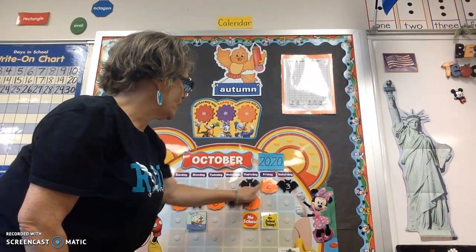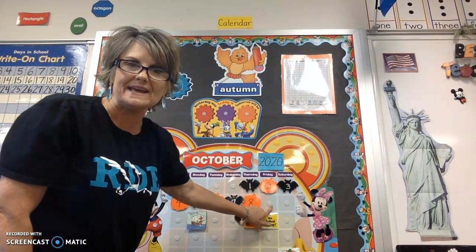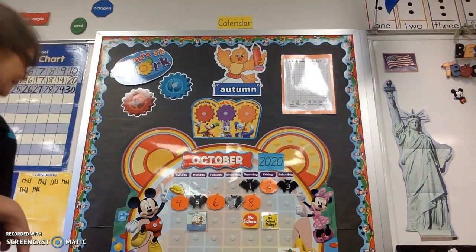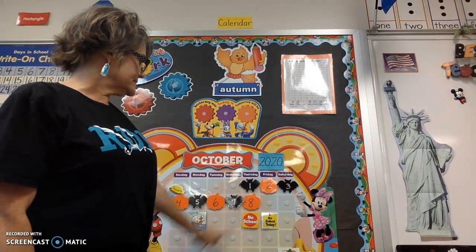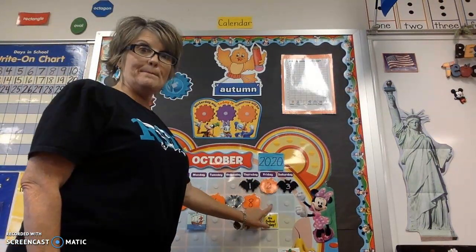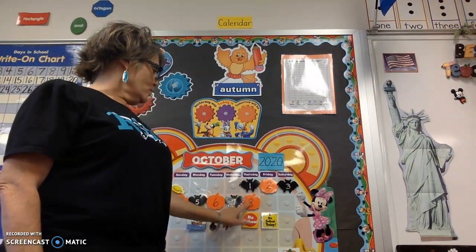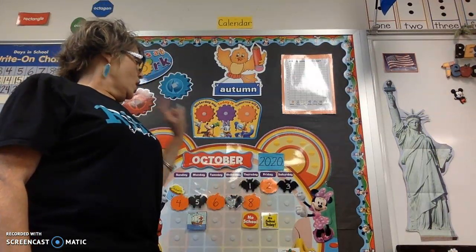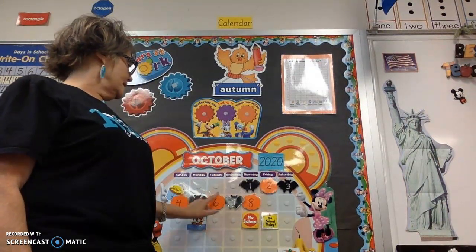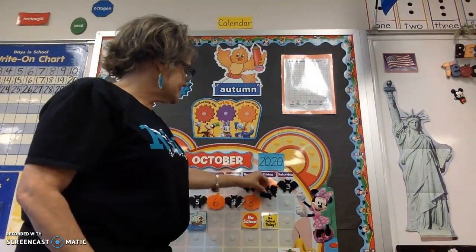Okay, let's count. 1, 2, 3, 4, 5, 6, 7, 8 was yesterday. What is today going to be? 9, right? Is it going to be a pumpkin or a bat? Let's see. Bat, pumpkin, bat, pumpkin, bat, pumpkin, bat, pumpkin, bat. Or black, orange, black, orange, black, orange, black, orange, black. All the bats are A. All the pumpkins are B. Here we go. A, B, A, B, A, B, A, B, A. We said all the bats are A's. So 9. Today is October the 9th,